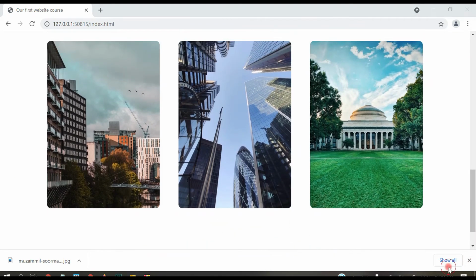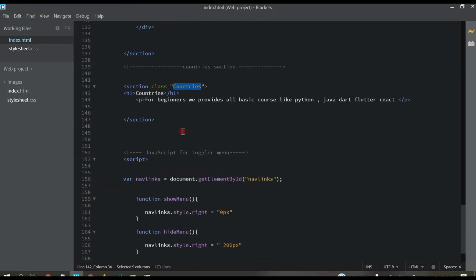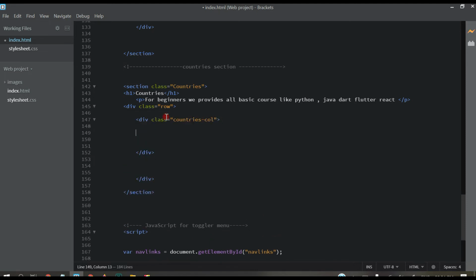So next thing is, now come again to the HTML file here, and here let's create one div, class row, and then inside this row let's create one more div, class countries column, and inside this let's put one image, img source, and we have to download one image and crop it accordingly.